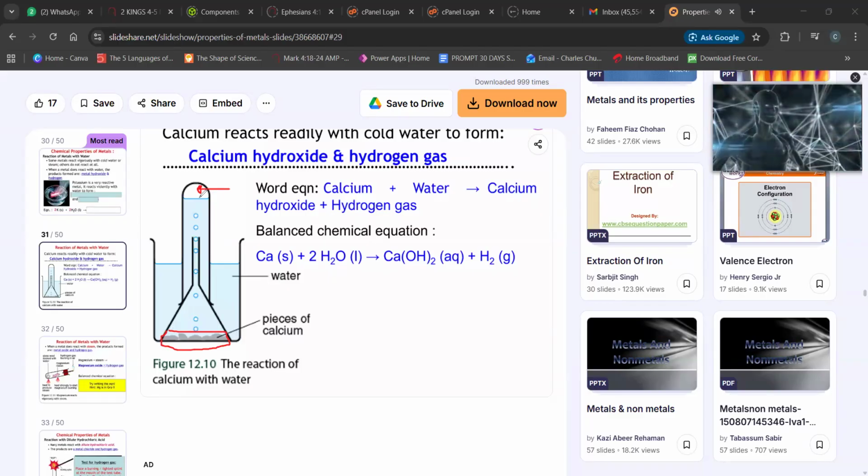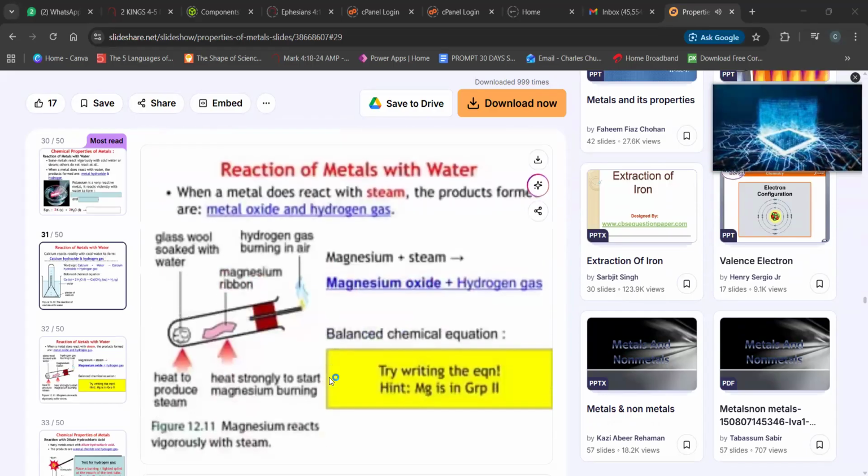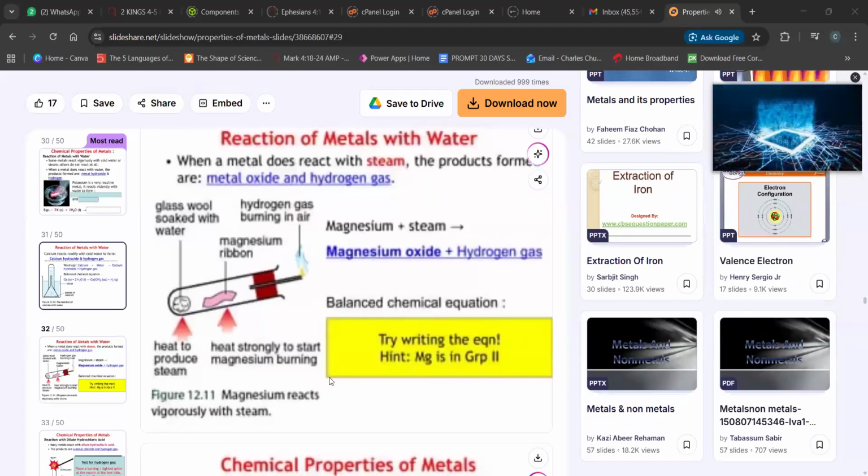Now, please take note, I did not say all the water will be used up. Did you notice that I didn't say that? I didn't say the water will be used up because if you can see, the water is way more than the calcium, isn't it? Did you notice that? Good. All right. So the water is way more than the calcium. So I just thought I should add and explain that aspect of this reaction. Okay, so let's move on to another concept.